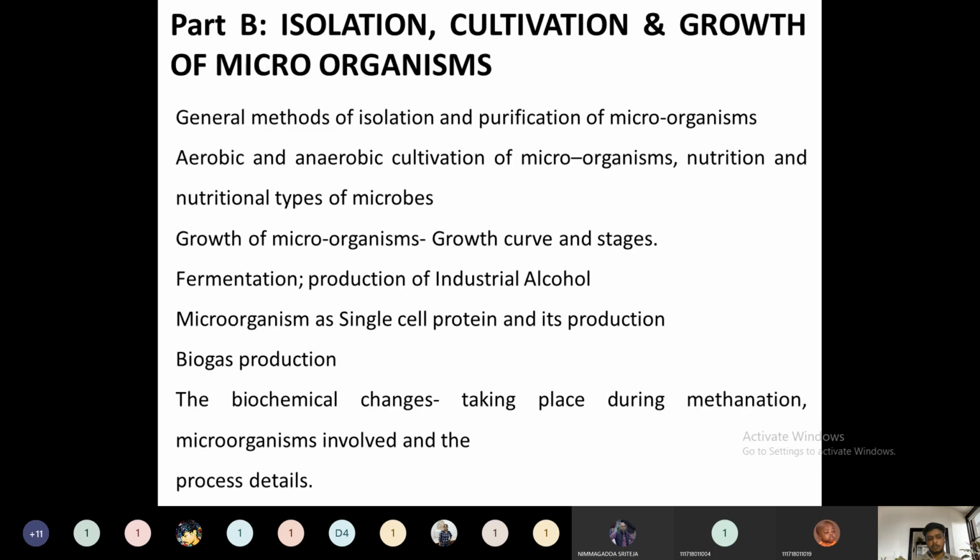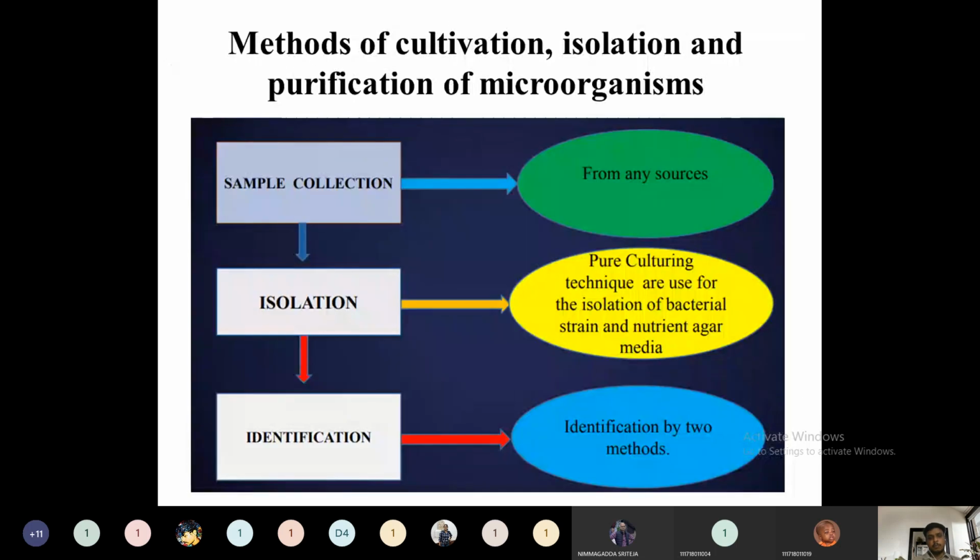So in part B, you have to see how to pick up a particular type of microorganism among the various populations. Among the class, we will have some toppers and some dull candidates. So we have to pick some of the toppers from our class. We have to adopt a certain technique, so we have to sample out. That is nothing but a sample collection technique.